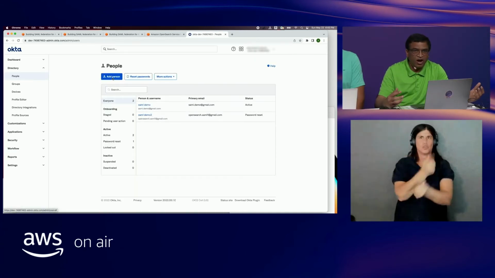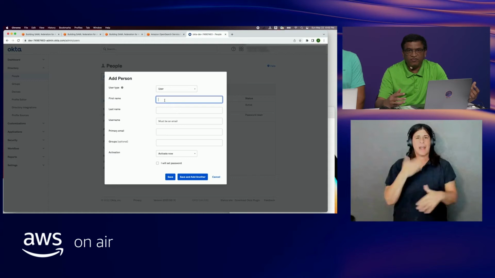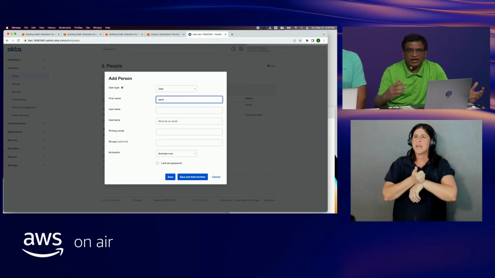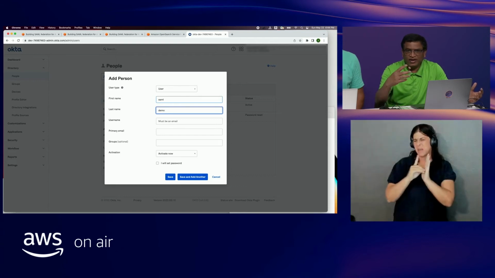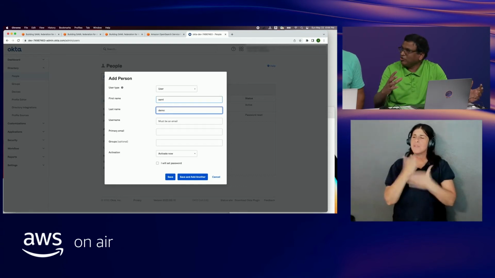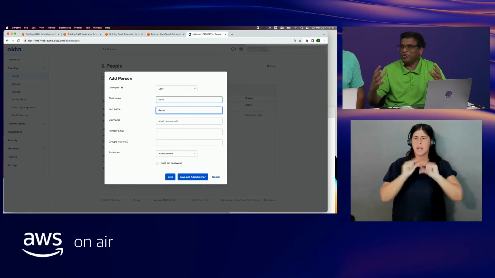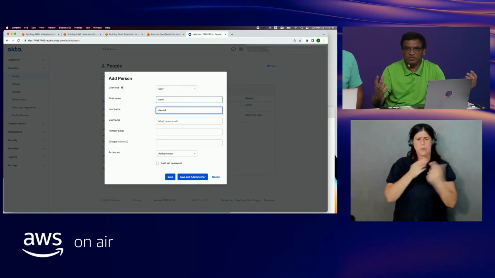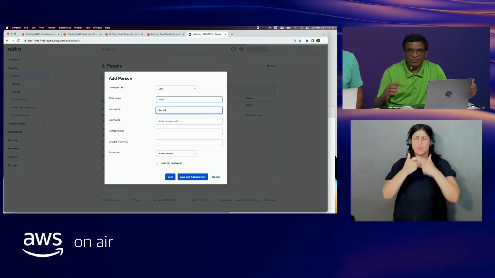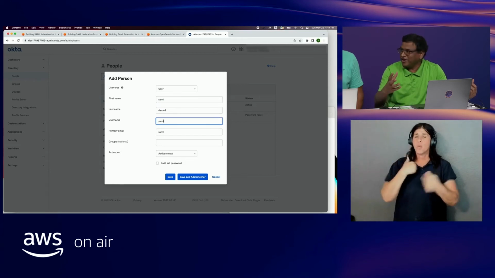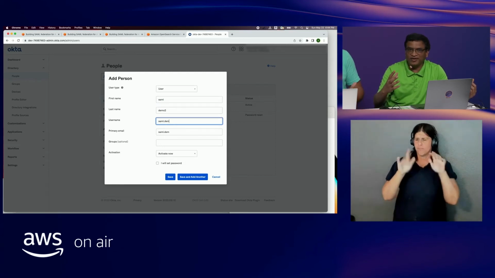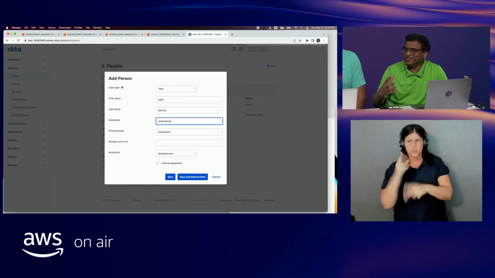Now we are getting into Okta here, where we are trying to create a sample user ID. I just created something like a SAML demo. Then we'll create a couple of users, and then we'll create a group, pretending that group is responsible for accessing your OpenSearch dashboards. You have to enter an email ID as the username. For Okta, it is a username.